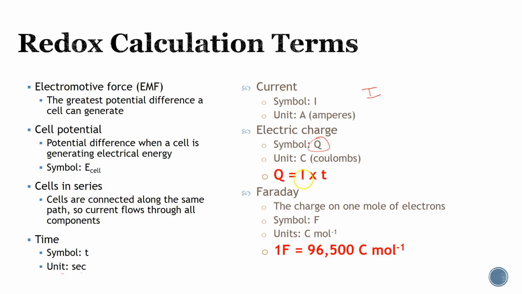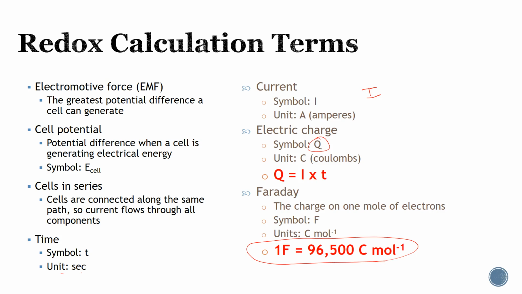So we can use an ammeter to measure our current. We can therefore know the amount of current, and we can multiply it by the amount of time that it's applied for. The other thing we need to define is 1 Faraday. And the Faraday is simply defined as the charge on 1 mole of electrons. It's given the symbol F, and therefore it's given the units of coulombs per mole. And this appears in your data booklet. 1 Faraday is equal to